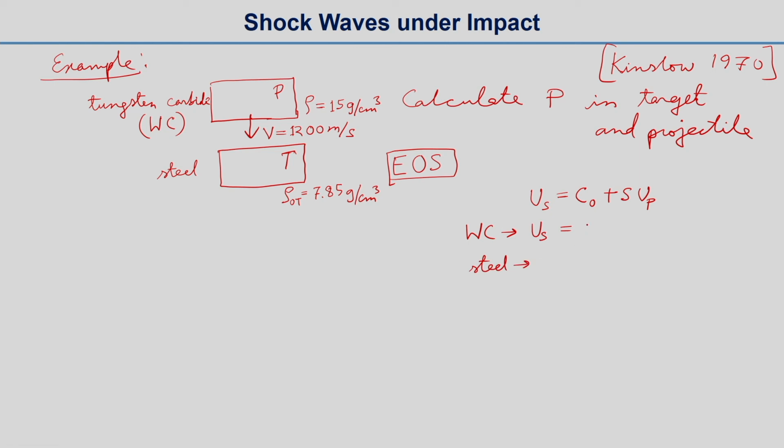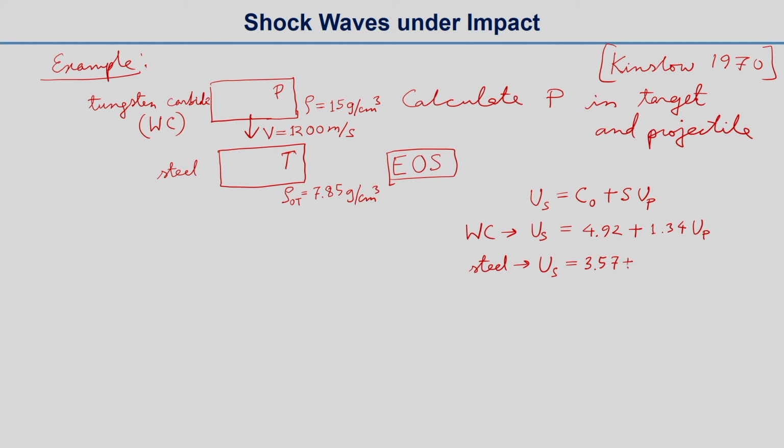So, for tungsten carbide this equation looks like 4.92 plus 1.34 UP. UP, the particle velocity, is not known now,